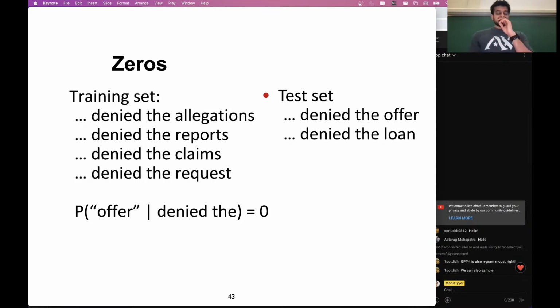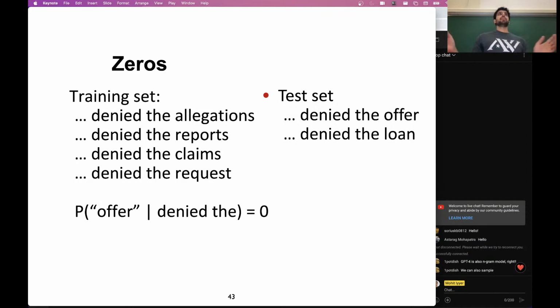So let's take a look at this example. In our training set, we had this prefix "denied the" appear 4 times. And every time we had a different word come after. Denied the allegations, denied the reports, denied the claims, denied the request. So given this, what is the probability of request given the prefix "denied the"? Right, 1/4. However, what is the probability of offer given "denied the"? 0, but "denied the offer" is a very plausible trigram, right? It could appear,